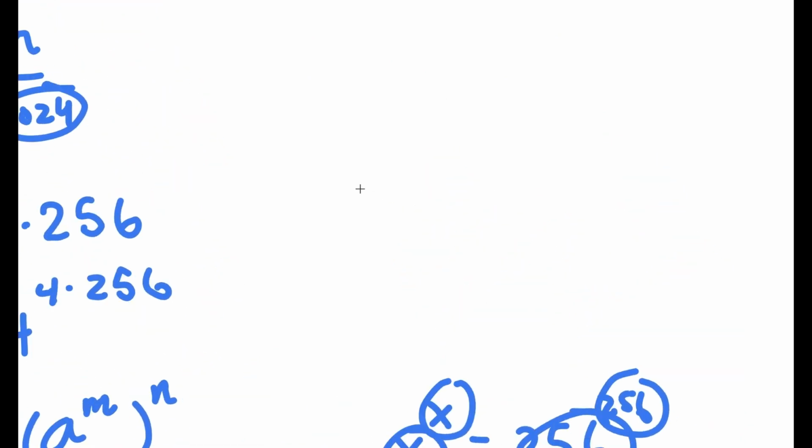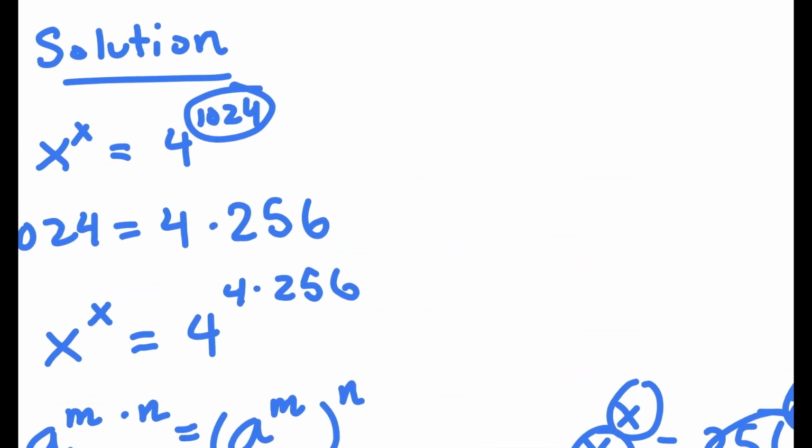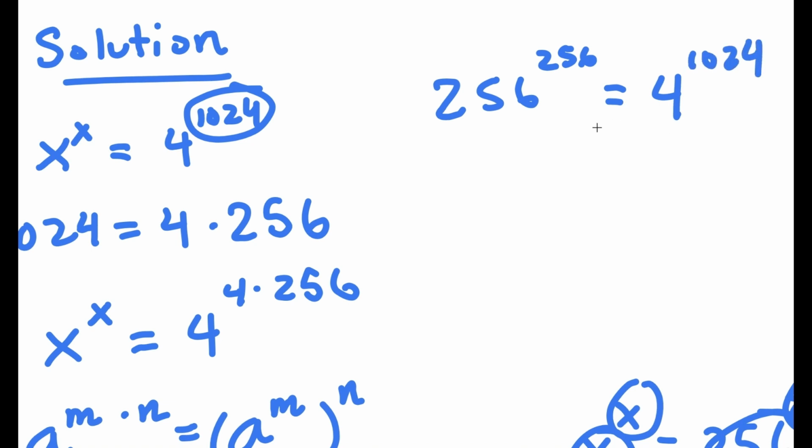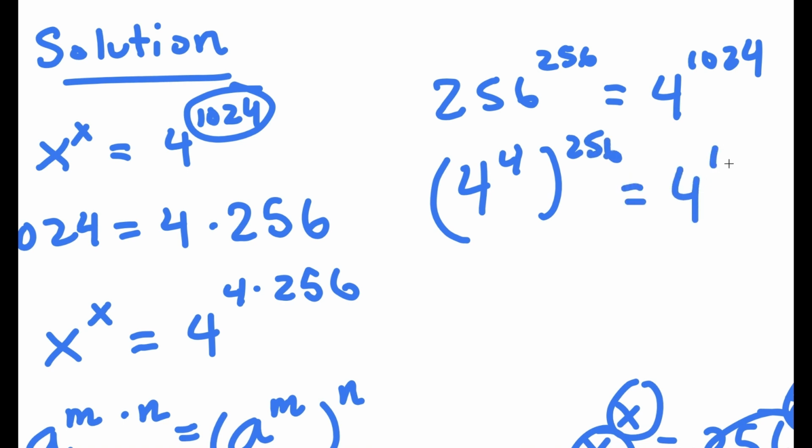So now we have x to the power of x is equal to 256 to the power of 256. Sorry. We have 256 to the power of 256 is equal to 4 to the power of 1024. And now 256, again, that's the same thing as 4 to the power of 4. So now I have 4 to the power of 4 to the power of 256 is equal to 4 to the power of 1024. And 4 to the power of 4,